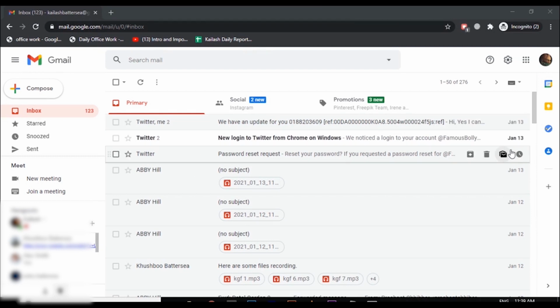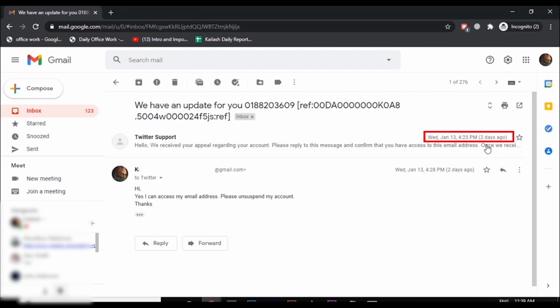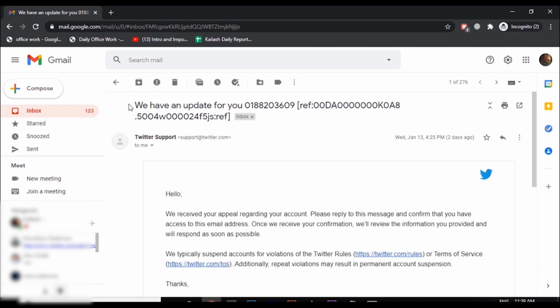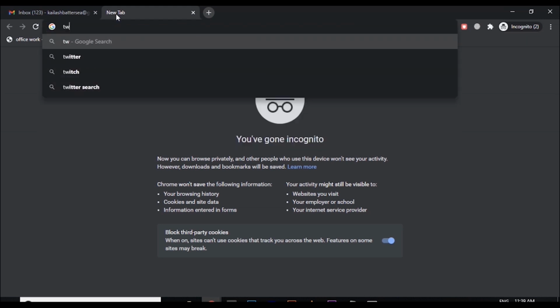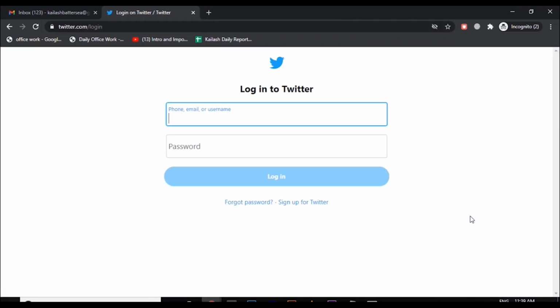All right, so now as you can see, it has been 2 days that I replied to their mail but haven't got any mail from them. So I replied to them 2 days back, but they haven't sent me any new mail regarding my account that they have unsuspended it or not. So let's try to log in and see if we can log into my account or not. All right, so I will simply try to log in. So it has been 2 days now and I haven't tried to log in. I'm only logging in after 2 days. All right,